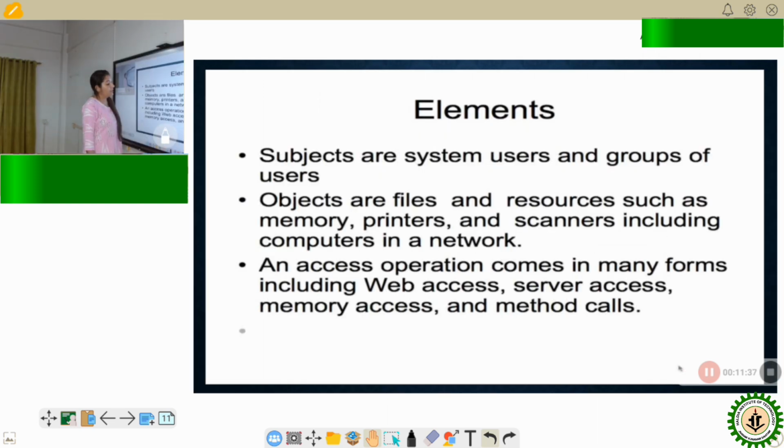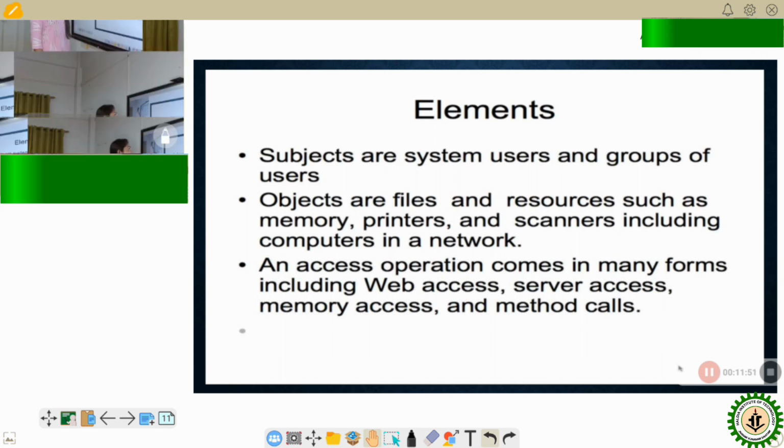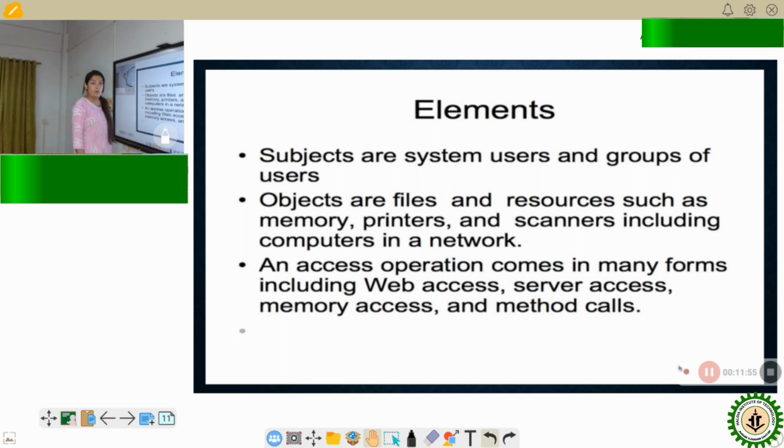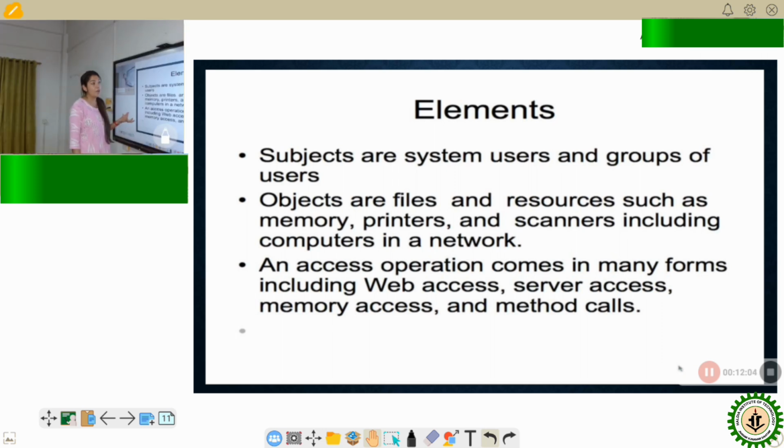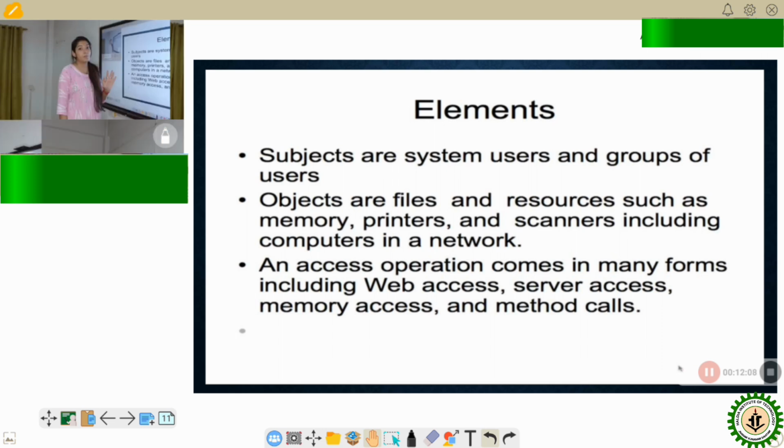So again, reiterating all the points we have discussed, which are the elements of any access control model. Subjects are the system users and groups of users. In any organization, you can group different people. Suppose in an IT organization, you can have junior developers, then senior developers. Above senior developers, you can have project managers. There are certain privileges given to project managers.